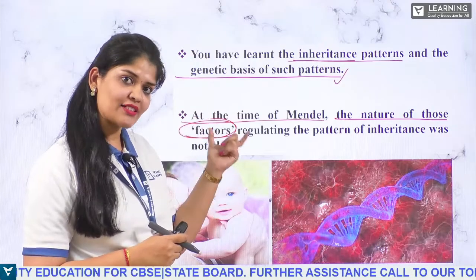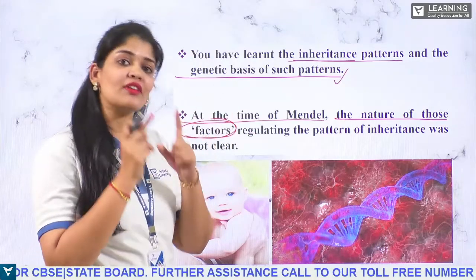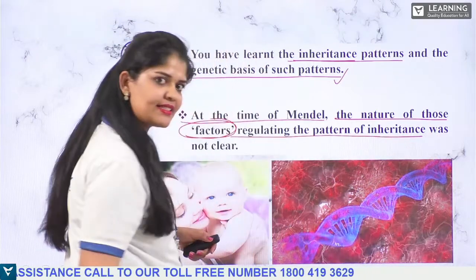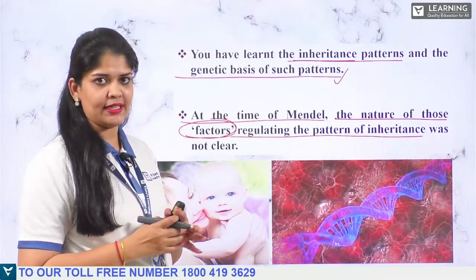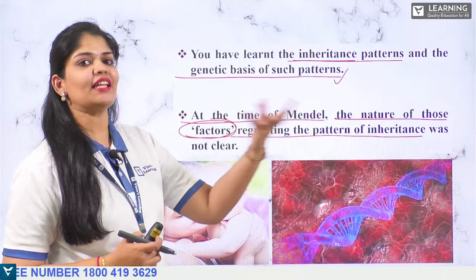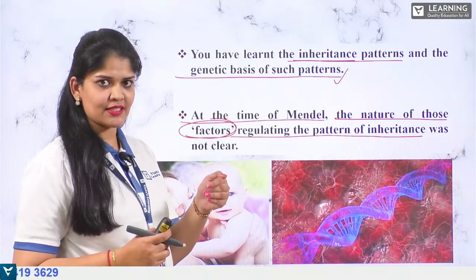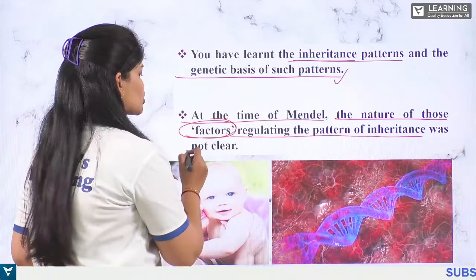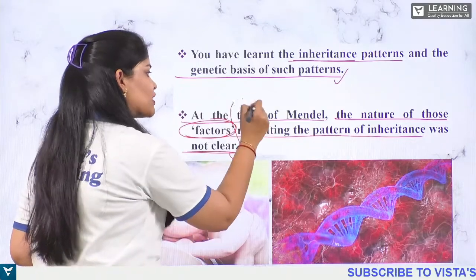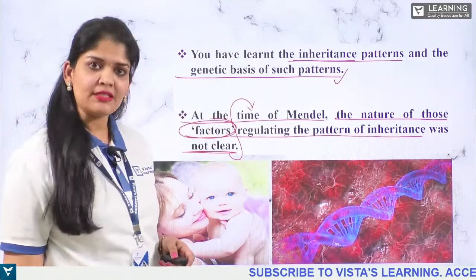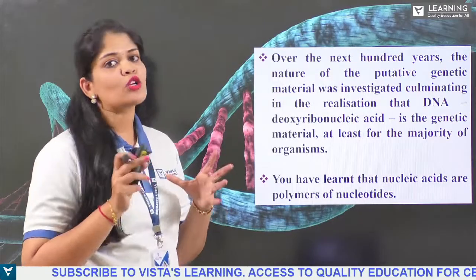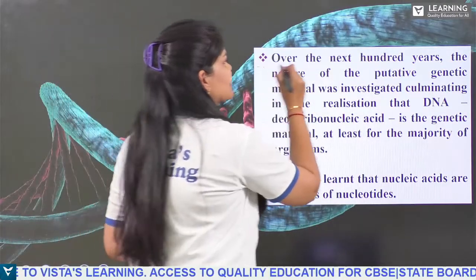They are those factors that have the capacity to regulate. Regulate what? Regulating the pattern of inheritance, that is heredity, genetic inheritance. That is the passing of the characters, the passing of the traits from one generation to another generation, which was not clear at Mendel's time. But it took a long time, over the next 100 years,